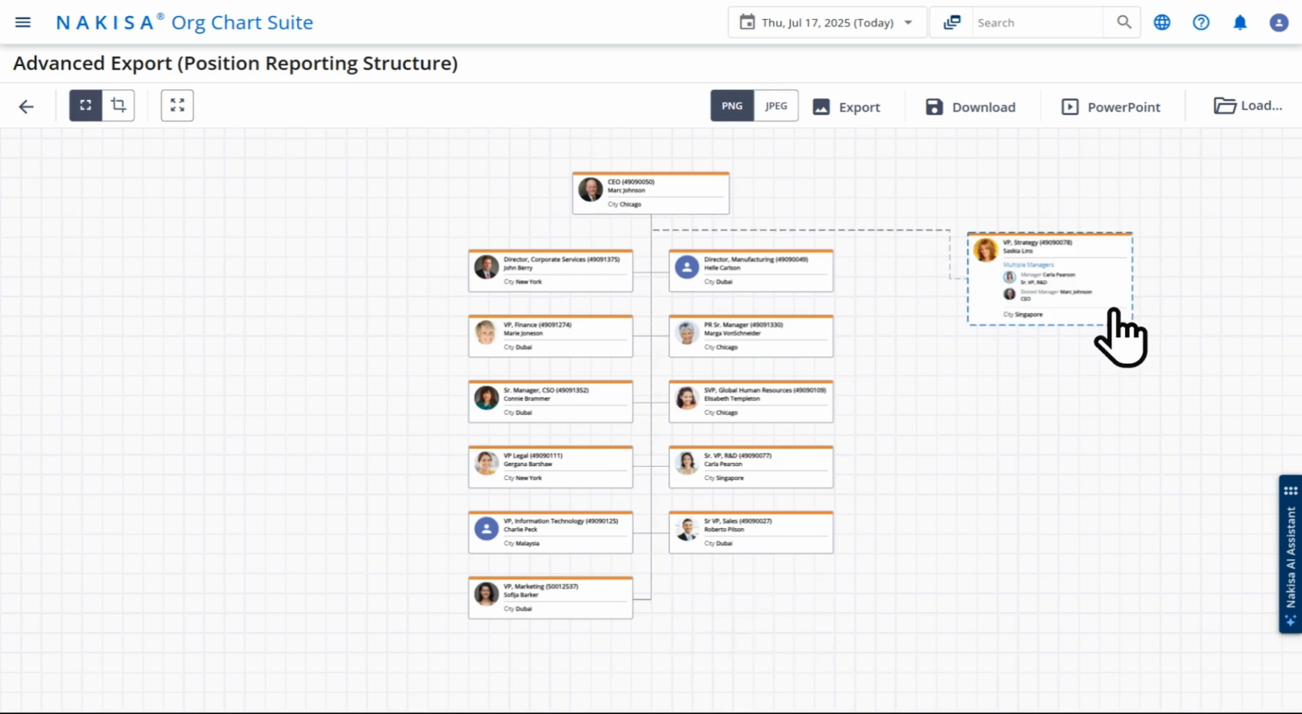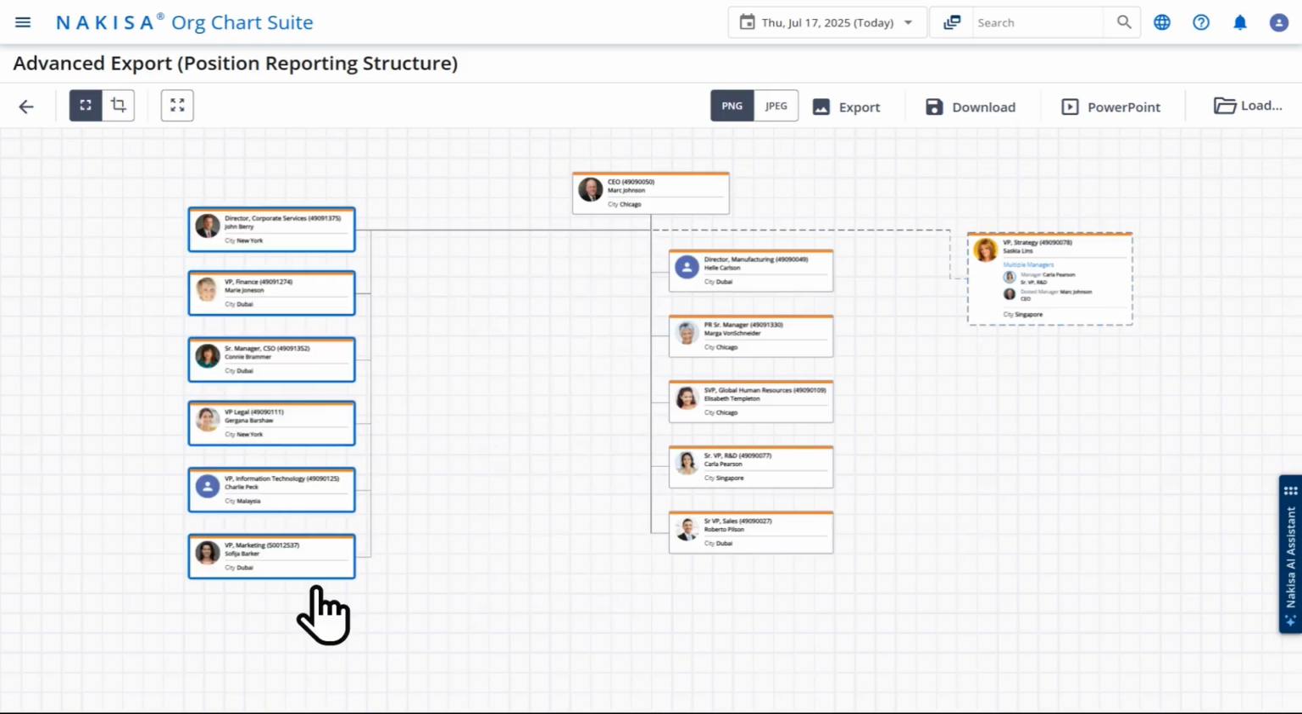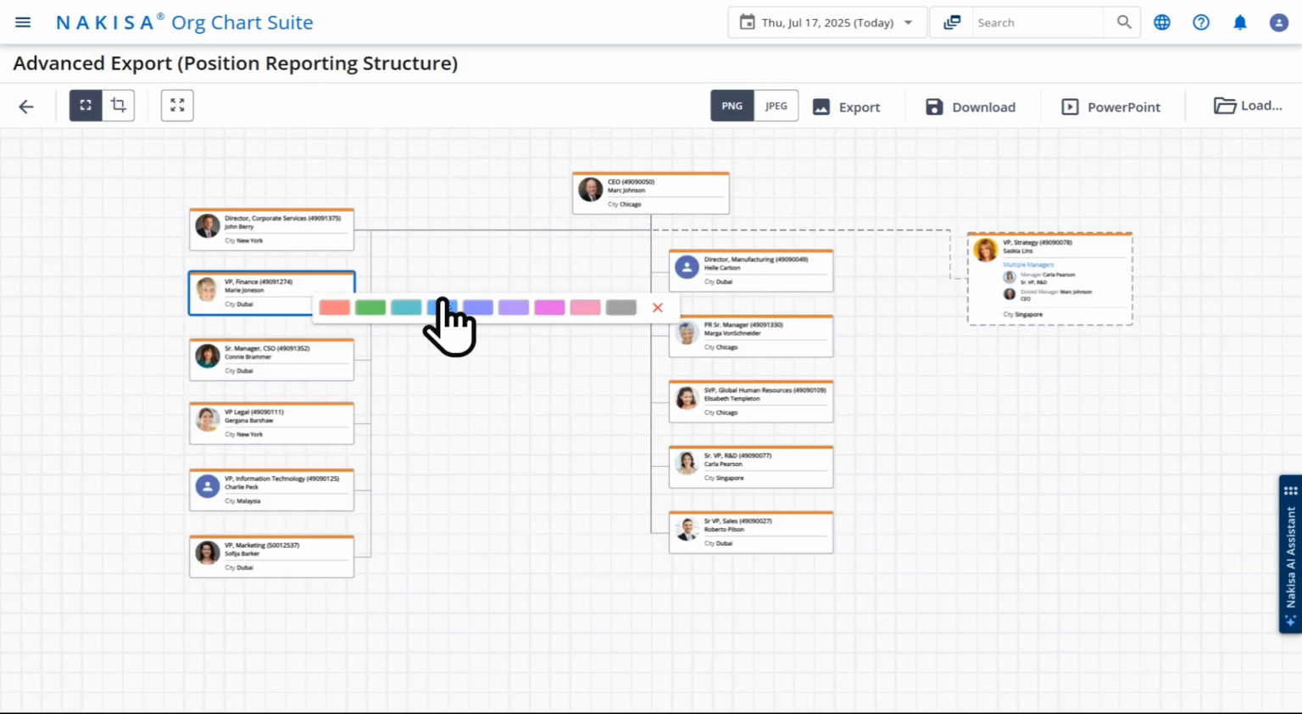functionalities. You can select a singular org chart box and move it to a desired location for realignment of the layout. You can right-click and select multiple nodes or boxes and move them to the desired location. You can also right-click on any org chart box to assign a specific color tag to identify that person or